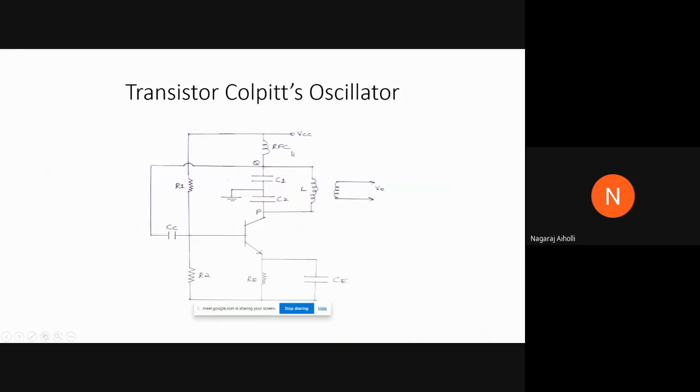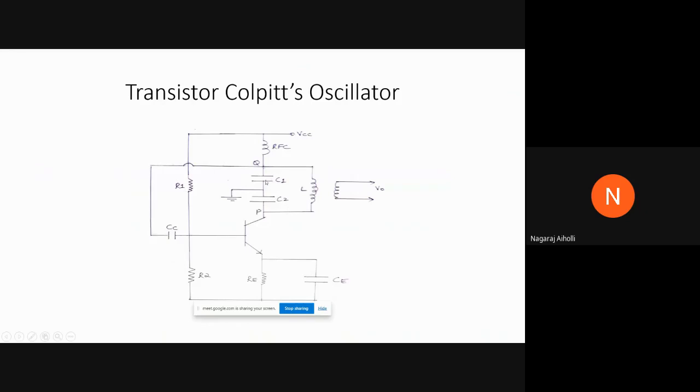The feedback circuit is called the tank circuit here because this circuit consists of the two capacitors C1, C2 in parallel with the inductance L. As we have seen in the basic configuration, X1, X2 are capacitors and X3 is inductance, and that makes what is called the Colpitts oscillator. Here C1, C2 are connected to ground at their junction. That is called the tapped capacitor connection.